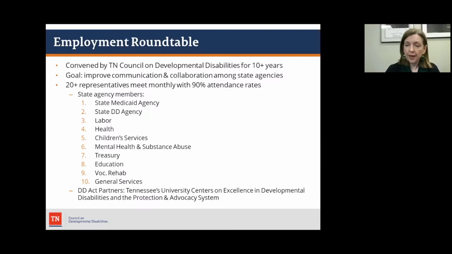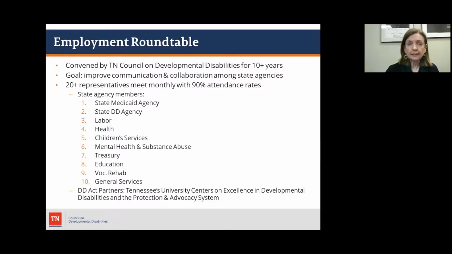We have our Department of Health. In this state, maternal and child health operates out of our Department of Health, and because they do transition planning for youngsters who have special health care needs, they become a very important player here. Our Department of Children's Services is a participant, mental health and substance abuse, the Department of Treasury that administers the ABLE Act is a regular attender, the Department of Education, vocational rehabilitation, and then a newer member is General Services,